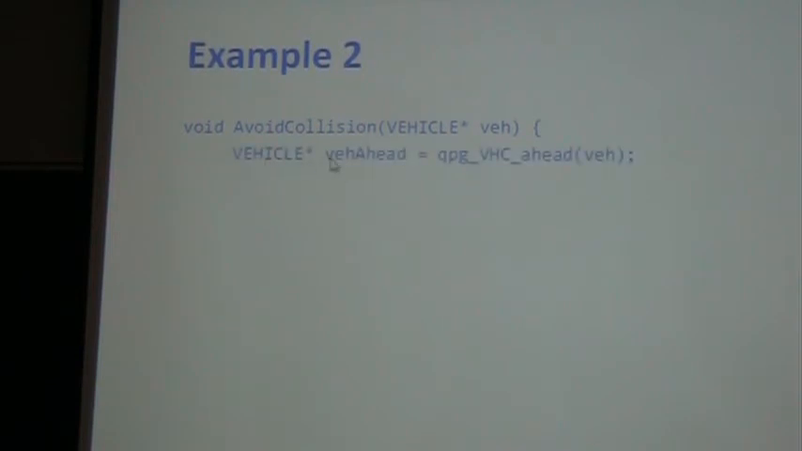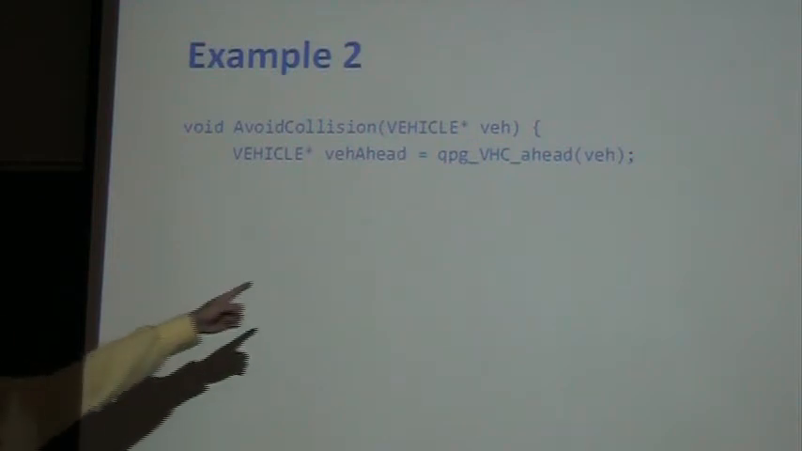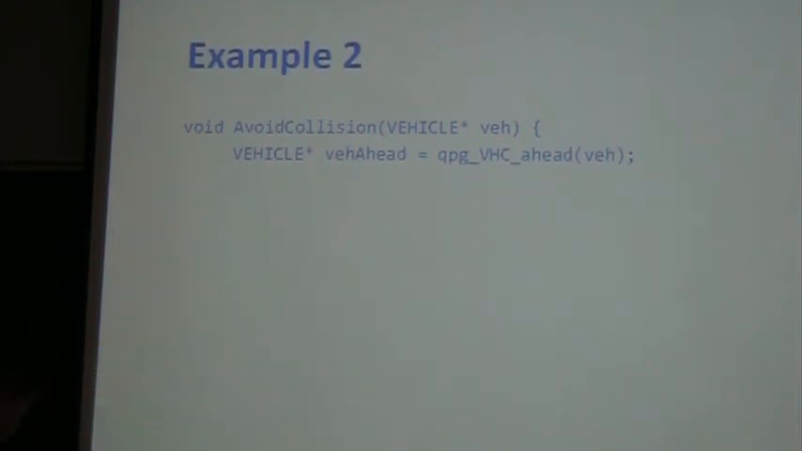Now we first define another pointer called vehicle ahead. Then we use this function, QPG vehicle ahead, to get the vehicle that is ahead of this vehicle. So this is a function provided by Parametrics. I can get a vehicle ahead. Then if this vehicle ahead is not null,